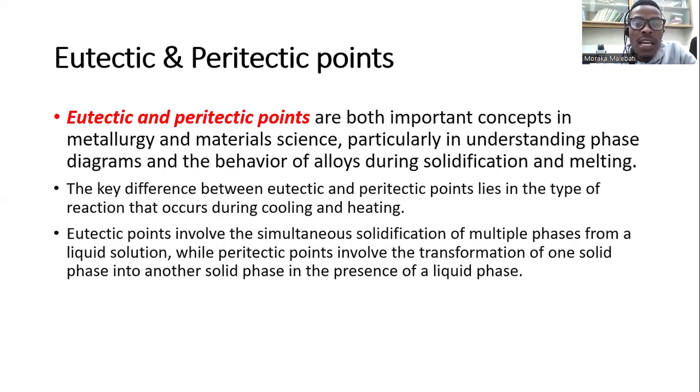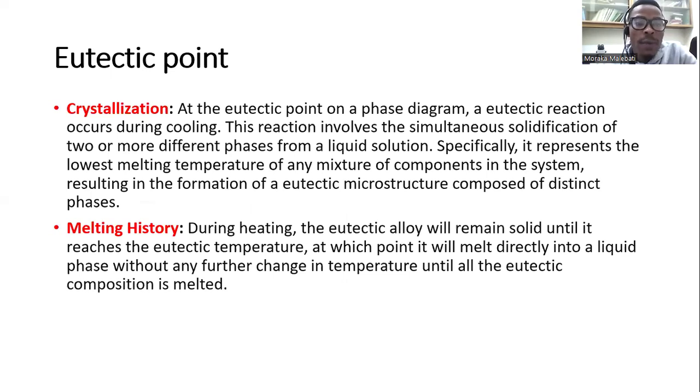So eutectic and peritectic points are both important concepts in metallurgy and material science, particularly in understanding phase diagrams and the behavior of alloys during solidification and melting. The key difference between eutectic and peritectics lies in the type of reaction that occurs during cooling and heating, and I've already mentioned those. So what happens about the eutectic during crystallization and also during melting? So during crystallization,